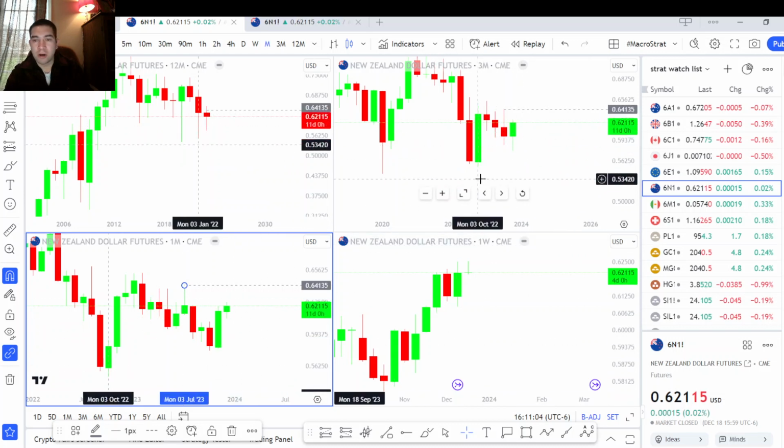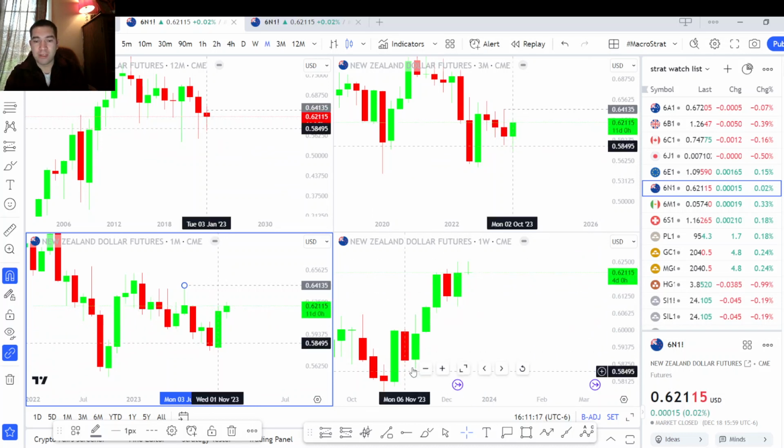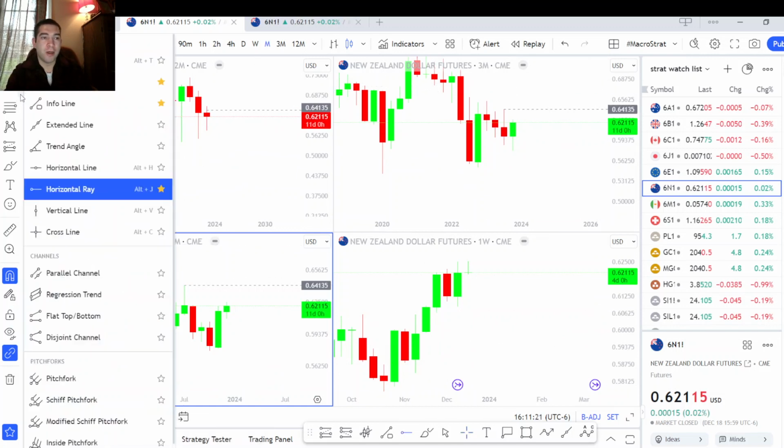So monthlies, quarterlies are all aiming towards the upside, which is good. We have a little bit of a pullback on the weekly, but it's nothing too much to be concerned about because we have a strong previous week bar, and then we have this nice little updrift right here that we can put an arrow on